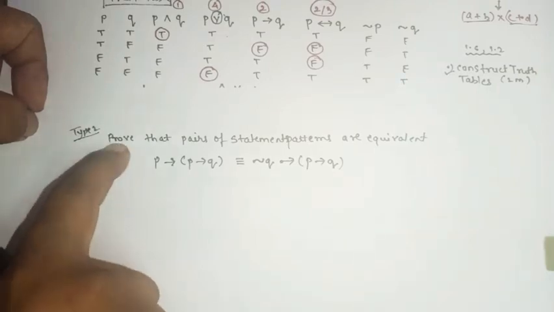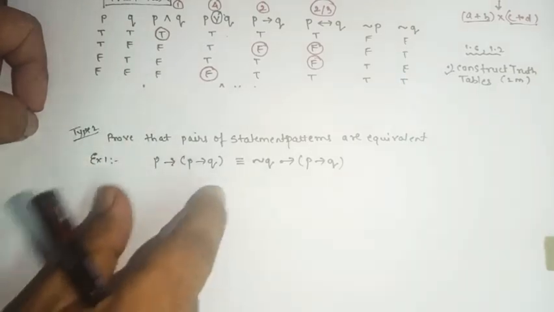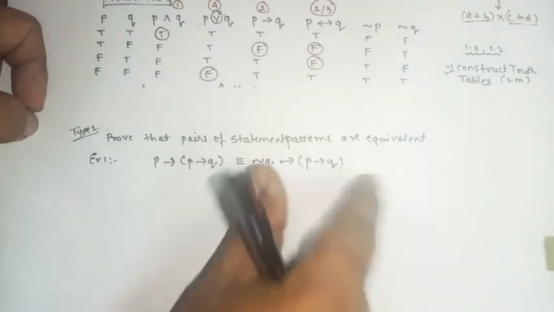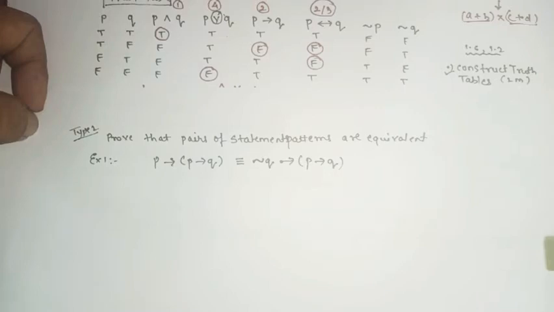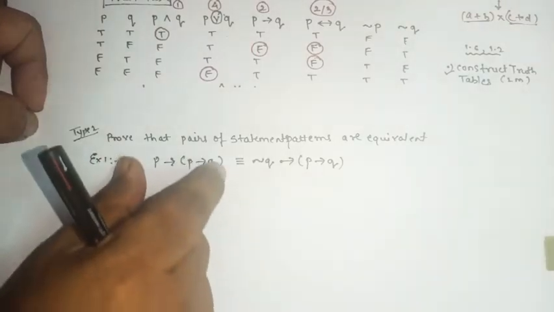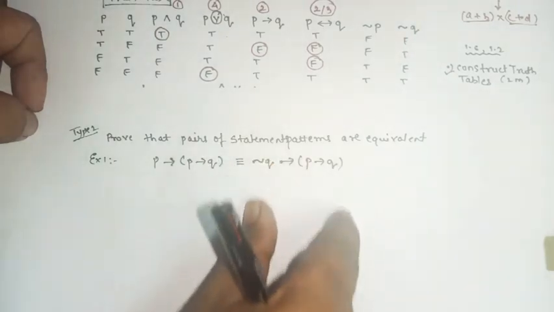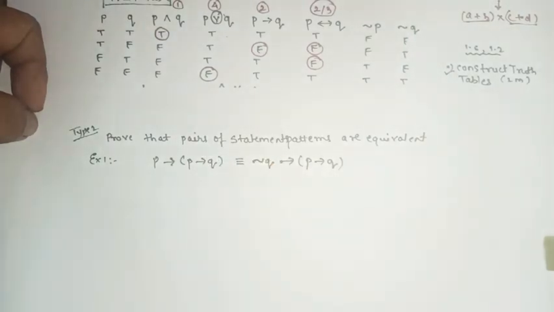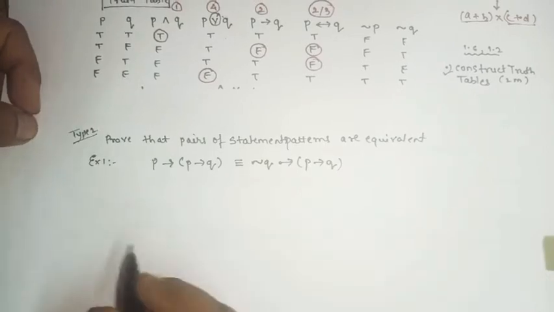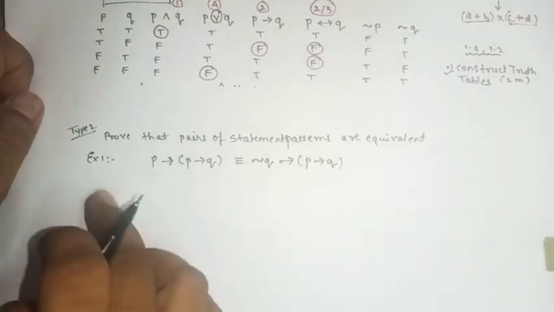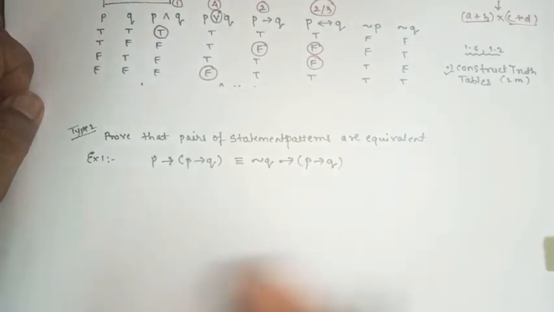Now check, here it is given prove. That means the final answer of this should match with the right hand side. Prove बोला है. It is not check whether. Check whether मतलब वो equal आ भी सकता है, नहीं भी आ सकता है. It is prove, show that. That means the last column of this will be equal to the last column of this pattern. Okay, chalo, we'll see now. Start. So that was the first method. Second method is what? एक ही column में पूरा करना है with the numbering.